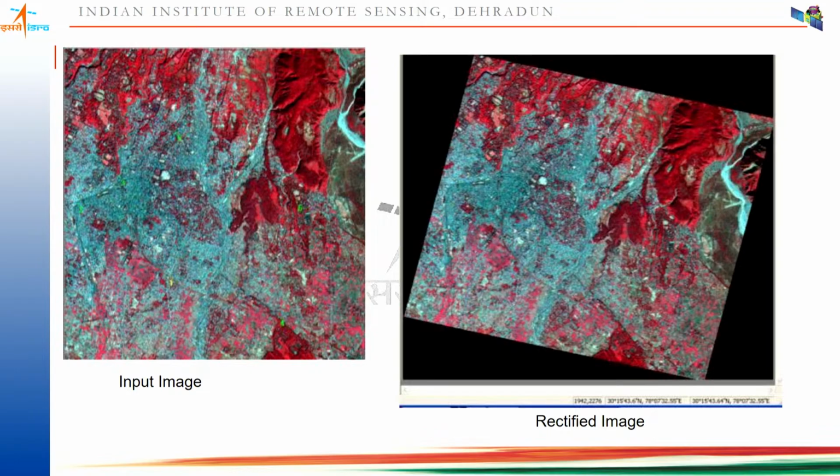But you should be aware that if you have any historical data where you're doing change detection studies, and your data is not rectified, it does not have the same map projection as your other image, you have to overlay them over one another, and this is the procedure. Rectification: you have to identify ground control points, fit mathematical equations, resample, and then you get two images which can overlay over each other, right? Otherwise, newer data sets all have geographic coordinates. So this is all about image pre-processing.